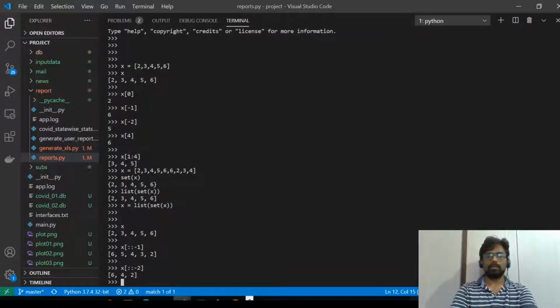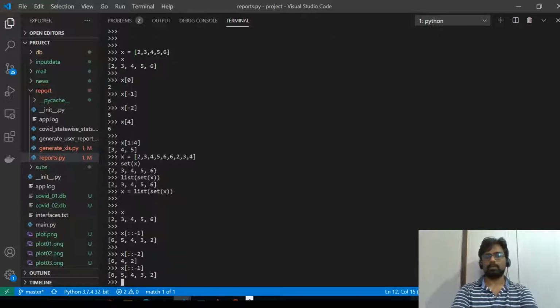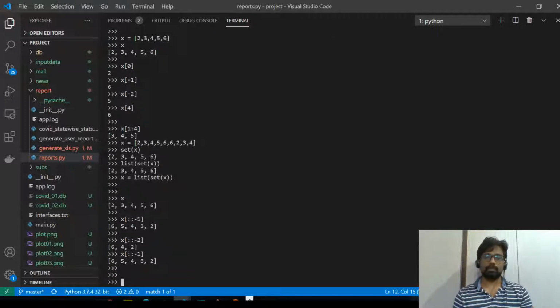Okay, so you can do just colon -1. These are things you keep doing, and it gets into your head, because these are a few patterns which you need again and again. So removing items from a list, reversing the list, these are always coming up in your projects, anything that you work on. Okay, so that is about it.